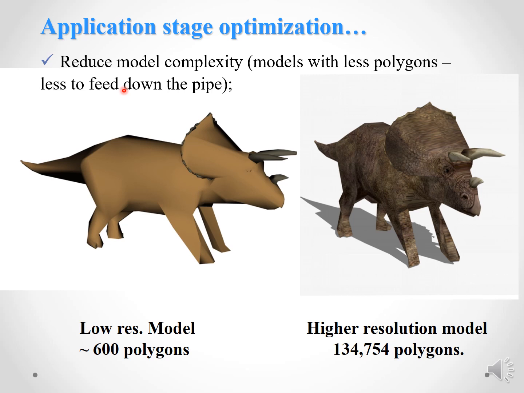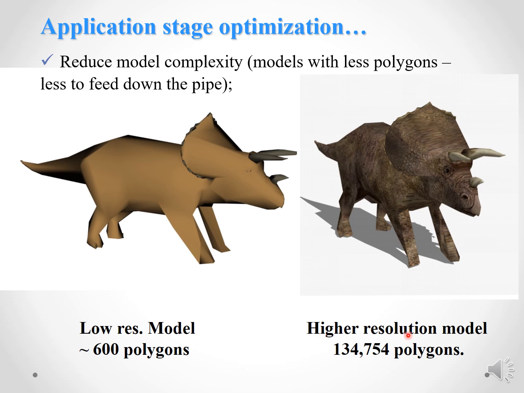If you look at these two figures here, one on the left and one on the right, representing a 3D object, you can clearly see the differences. If I ask which one is more realistic, you would definitely say the one on the right looks more realistic because it uses more polygons, while the figure on the left uses fewer polygons. The low resolution model only uses around 600 polygons,